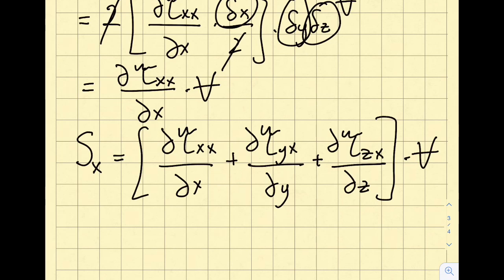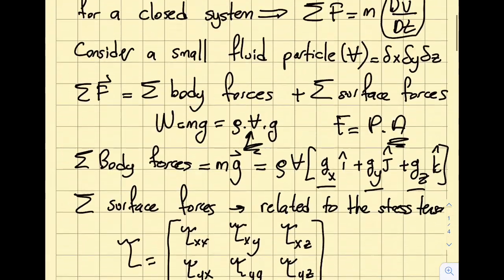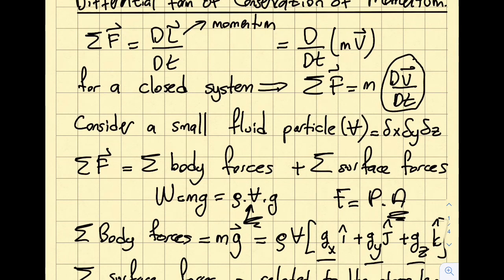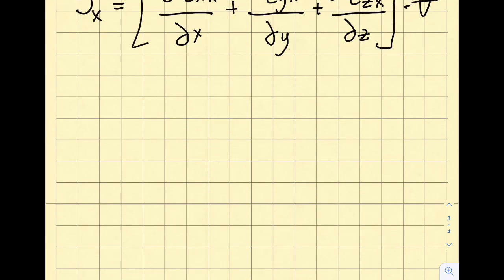But let's remember what we were trying to accomplish here, okay? Let's go back to the beginning of the module, doing this entire mathematical analysis. My goal was to obtain this summation of the forces, and I separated it into two: body force plus the surface force. The body forces were right over here, right? And the surface force is the fancy one that I have derived after all this effort. The left side is rho v, this is m, times the acceleration. I'm going to call this du dt, okay? And this will be